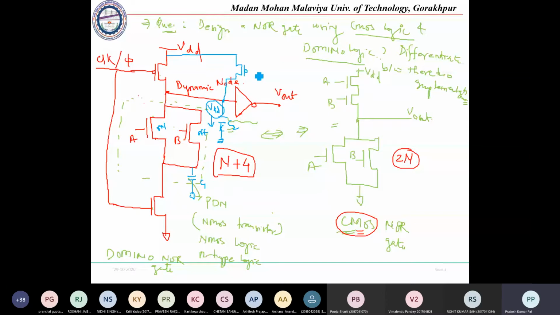To avoid this charge sharing problem, we will be using a keeper transistor. This is called the keeper transistor. We have seen that in the previous class also. Its input, that is the gate terminal, will be connected to the inverter output. Once the high logic VDD is there, at that time here it will be a 0. This 0 will make this transistor turn on. When this transistor is on, it makes a connection between VDD and this dynamic node. So there will always be a VDD value at this dynamic node, and there will be no charge sharing problem taking place. So this keeper transistor is used to avoid the charge sharing in domino logic.